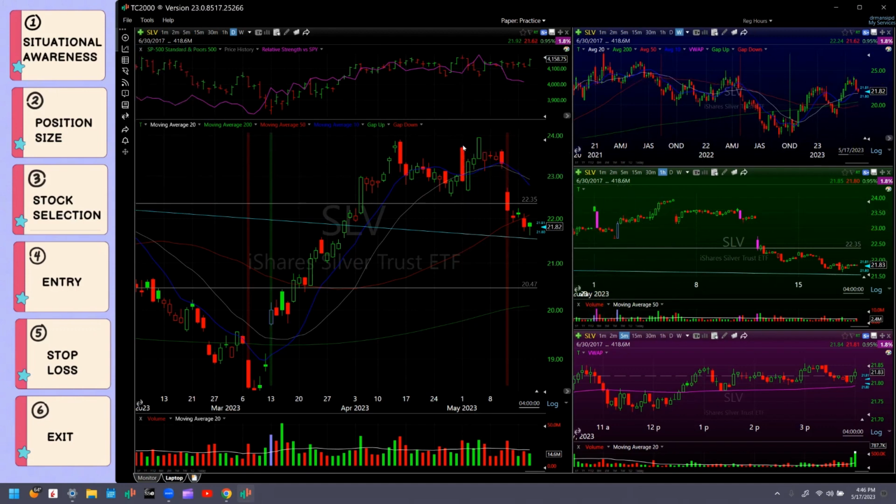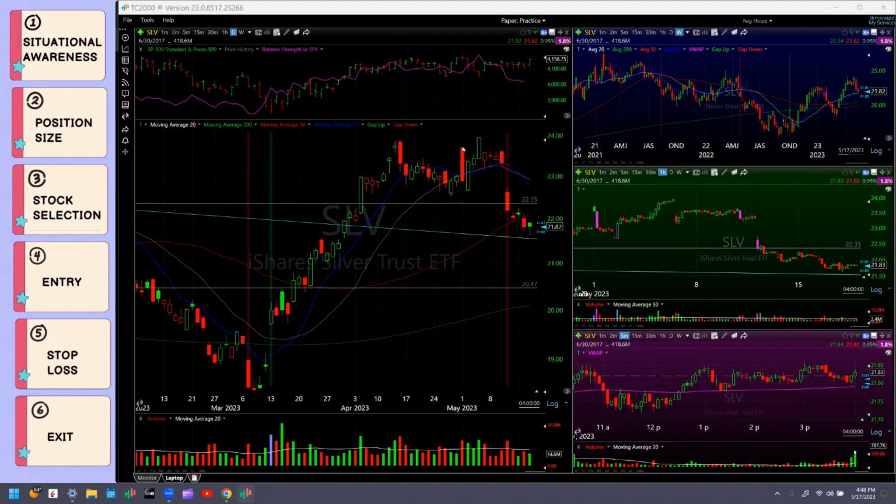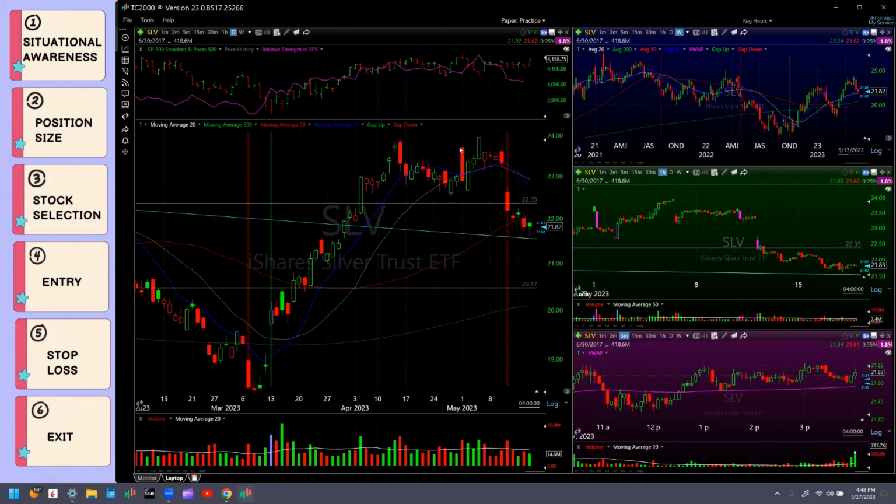But this is a trade that I frequently take on the go if I see certain sectors or stocks running in the pre-market. So this is also a great example of how I trade SIPs or stocks in play. The silver stocks were populating my scan on this day in the pre-market, and that is how this sector move came onto my radar. I think that is fine. This is a trade that I often take, and when it works, it does pay off in a pretty good